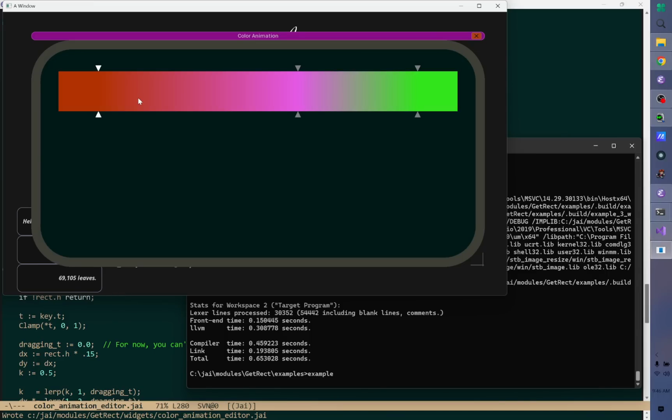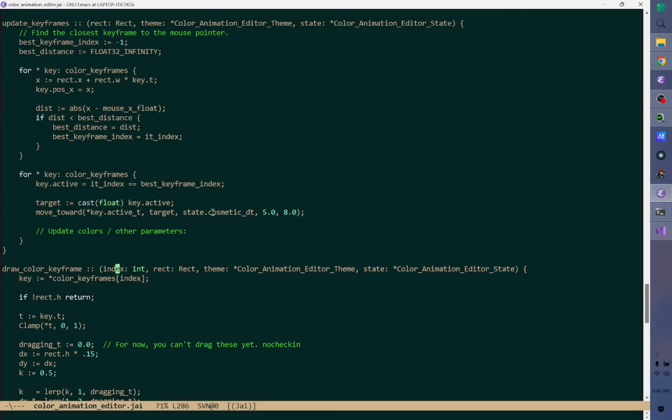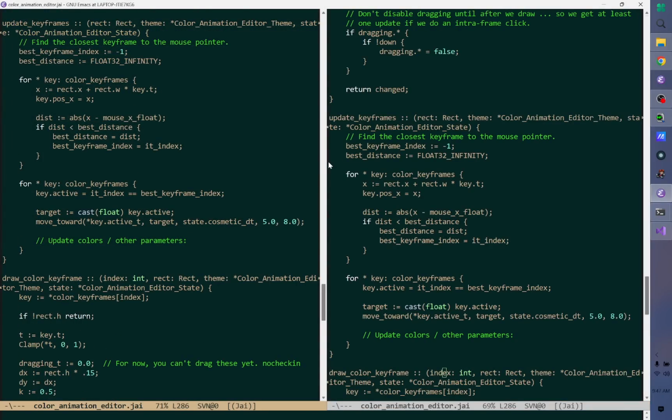Here's the thing. We want to have a variable that determines what's the width of this dude when you're going to click on him, so that you count as being on or off, right? However, you don't want that to be unrelated to the triangle size, because if the triangle size is really different from that width, then it's kind of misleading, right? So we're going to have on the theme,